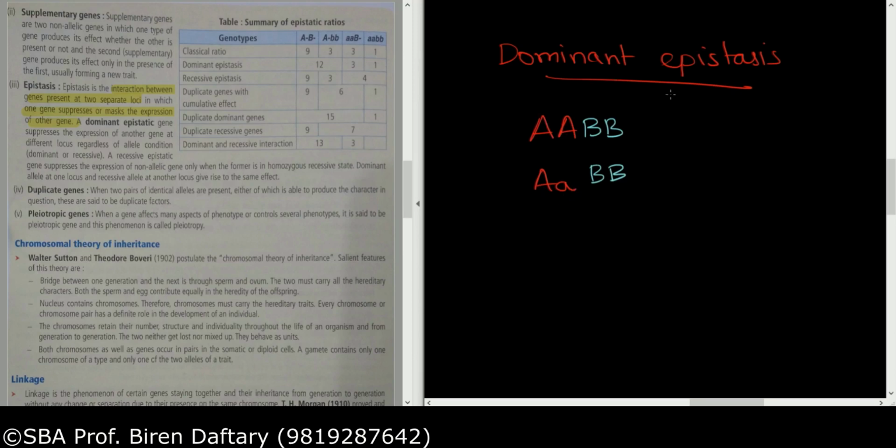But since this is dominant epistasis and capital A is the dominant epistatic gene,